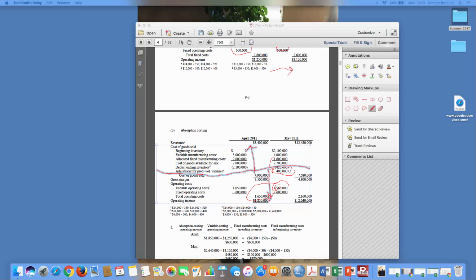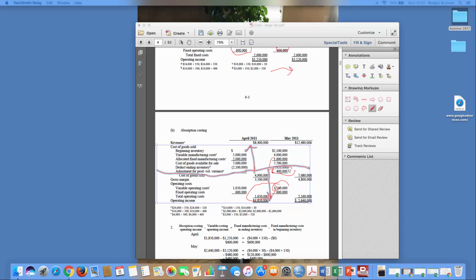The change in inventory explains the difference in the cost here. Because inventory is going down, my absorption costing is going to be less. Because why? I'm picking up some of the costs that I deferred from last period and recognizing them in this